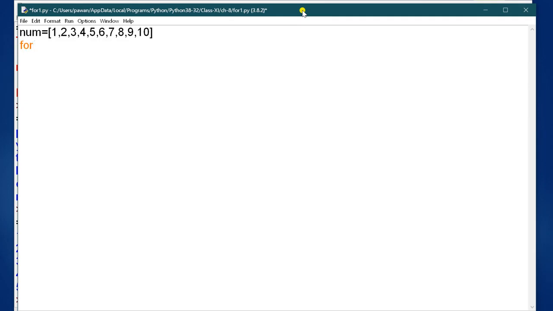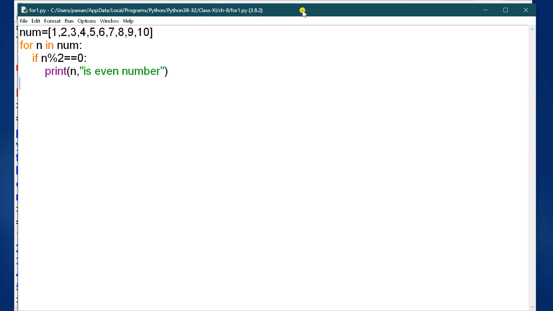Now you want to check even and odd elements. Now for n in num, then if n mod 2 is equal to 0, then print, what will you print? That n is even number. It will just check on the even number.